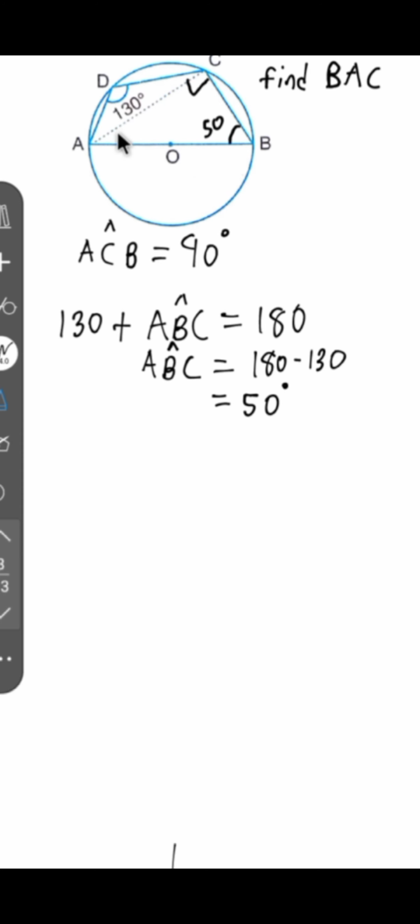So now we need to get angle BAC. That's what they say we should find. This angle, that's what we're looking for. So to get it, we'll now use the sum of angles in a triangle. At least we should know that now in geometry. The sum of angles in a triangle is equal to 180. So we just write